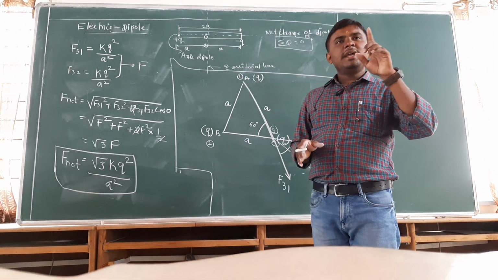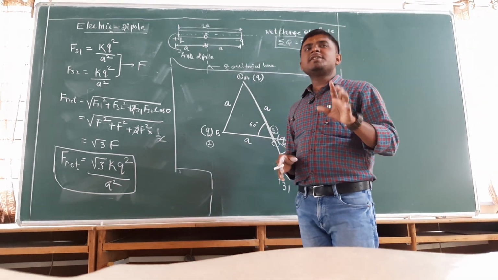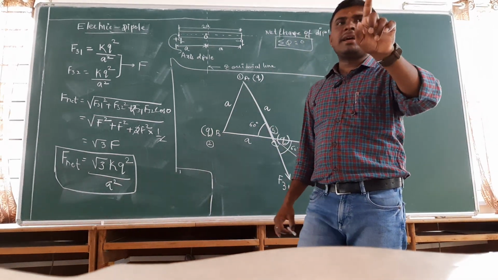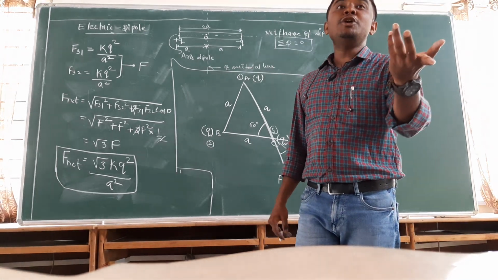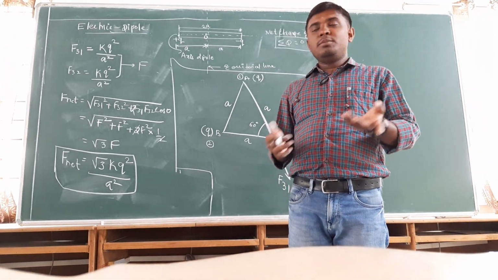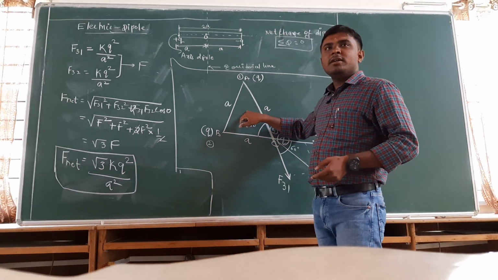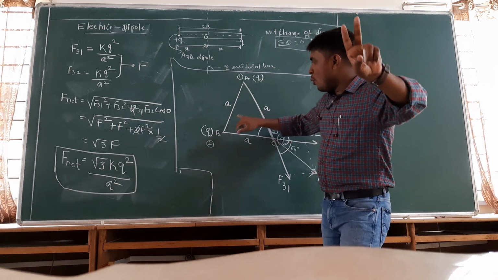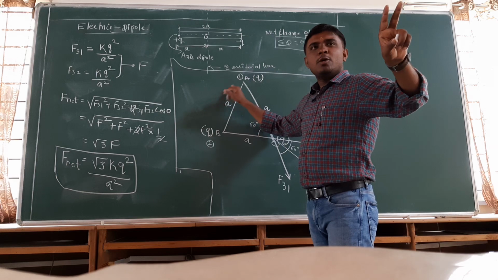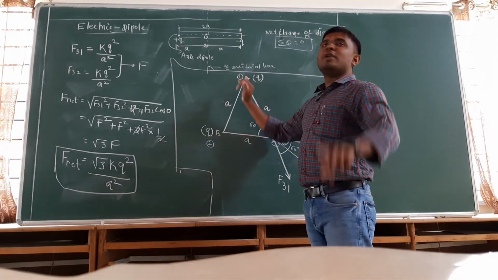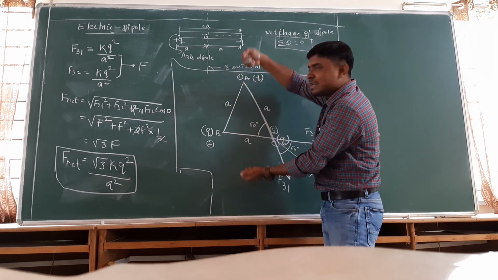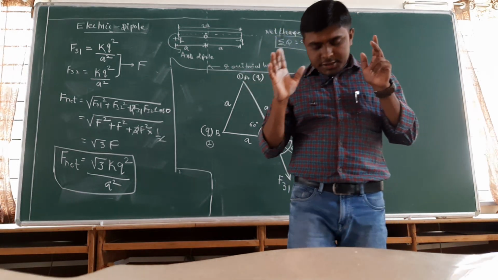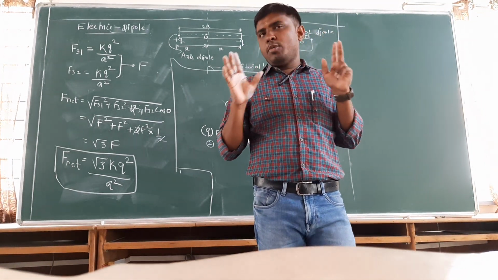At the same time, if I ask you what is the net electric field at the center of the equilateral triangle, the answer is 0. Why? Sir, why 0? See, if it is a centroid, then how many electric fields will arrive? Tell me. 1, 2, 3. 3. 1 because of this, 1 because of this, 1 because of this. And the resultant of these two will go like this, upward, equal and opposite. So what is the net electric field? 0.